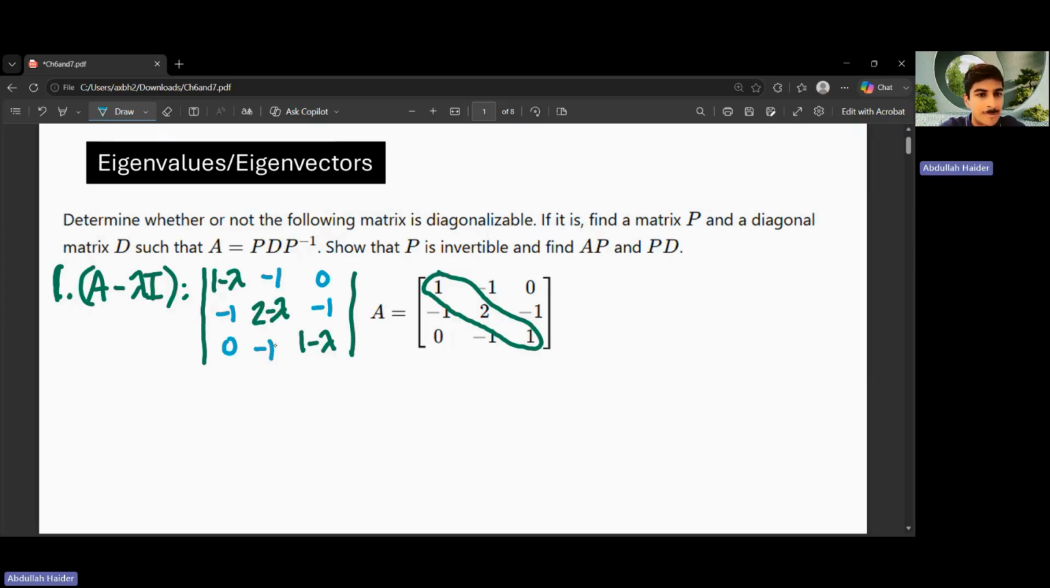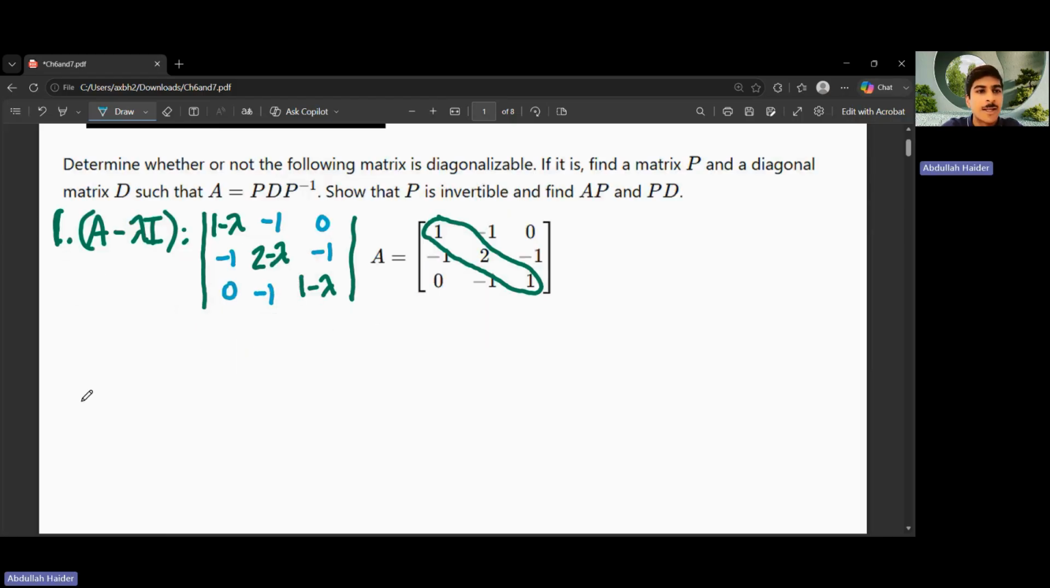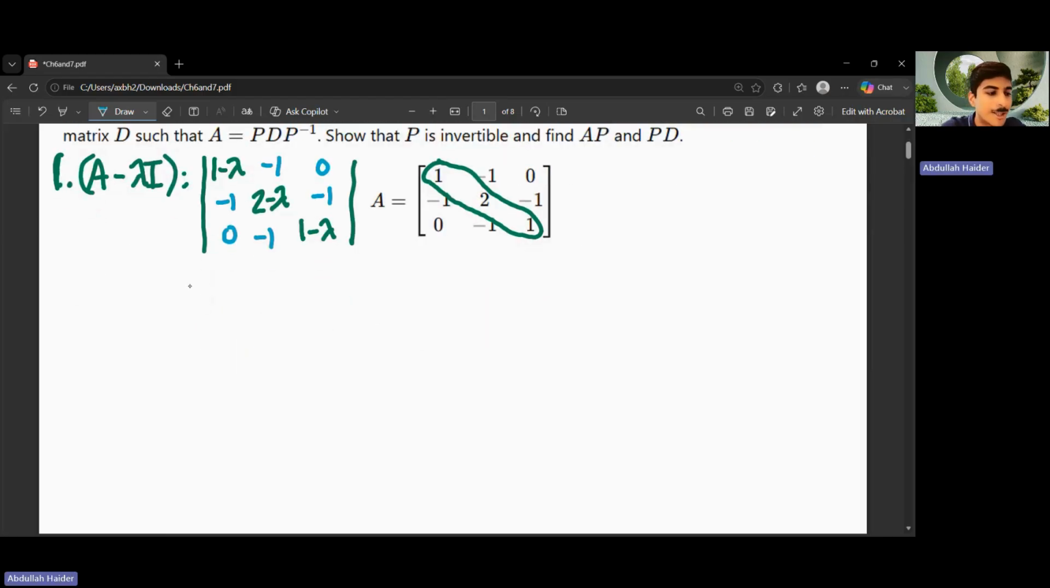So the first step is to find your A minus lambda I, which is basically subtracting these values on the main diagonal by lambda. So you have 1, 2, 1 as your main diagonal. Basically, this diagonal goes to the right side. You subtract these values by lambda. And now the next thing is